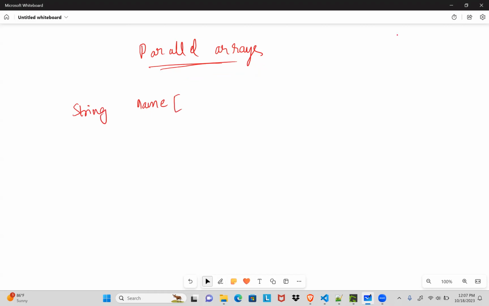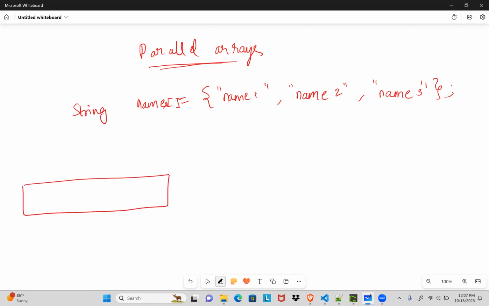So let's say I initialized several student names in this manner. So this is an array, and let's say I'm calling it name1, name2, name3, like this. So I initialized the names array with 3 names.